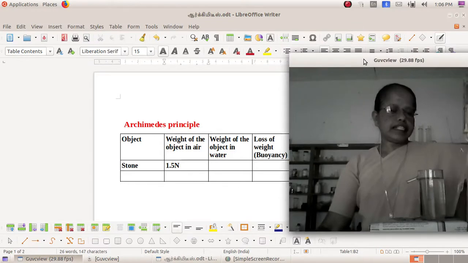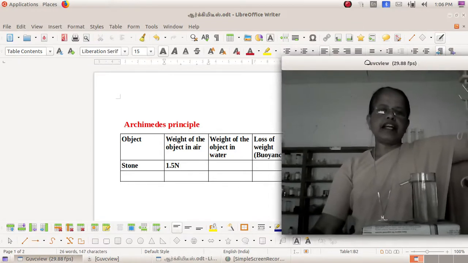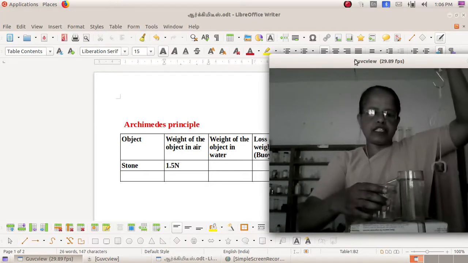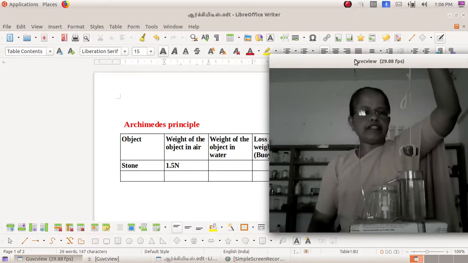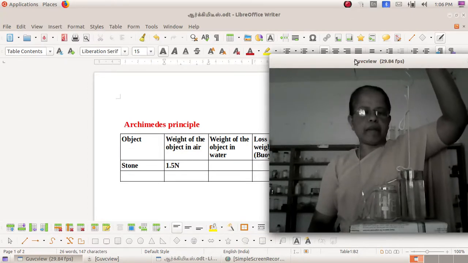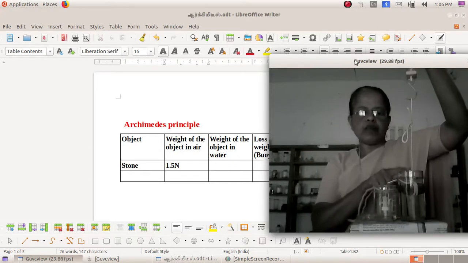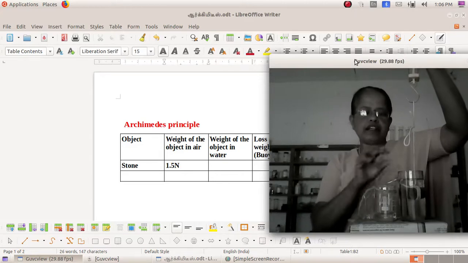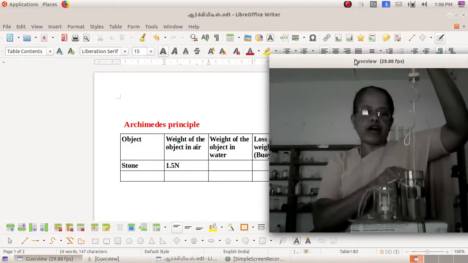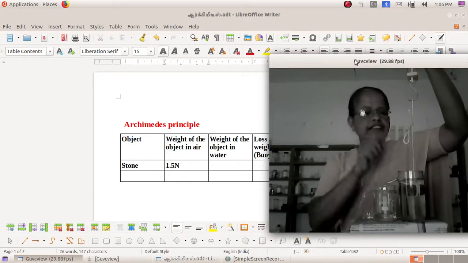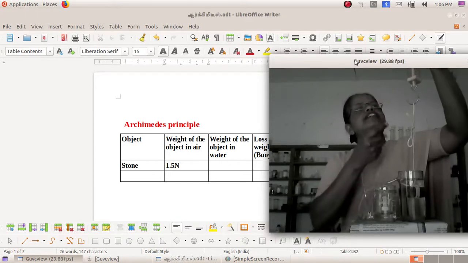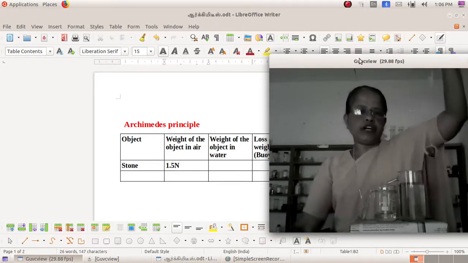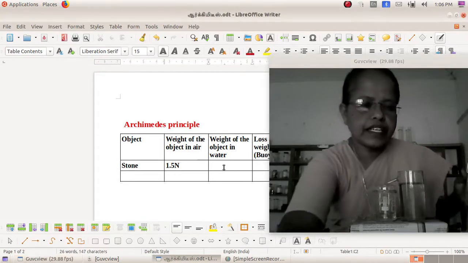Now let us take this stone as it is and immerse it in the water. You place this measuring jar, and then you immerse this stone in water and you see what happens. When you immerse it, what happens? The water is overflowing, flowing from this overflowing jar to the measuring jar. The water is displaced from one place to another place. At the same time, when the stone is in the water, what is the weight of this stone? It is 1 Newton. So the weight of the stone in water is 1 Newton.